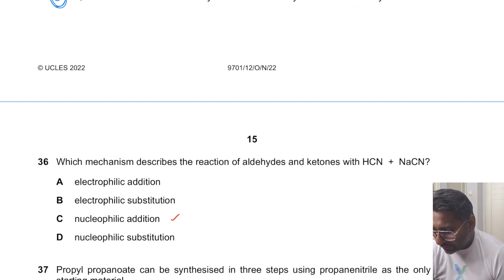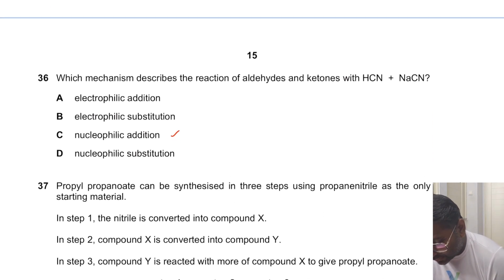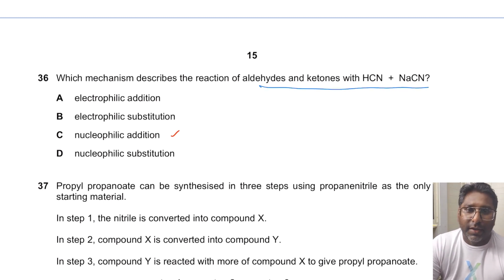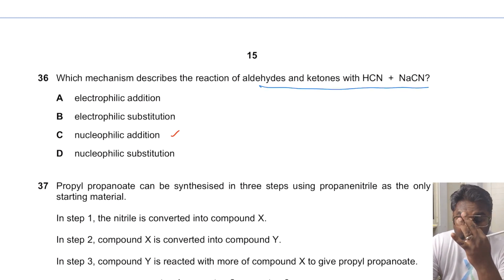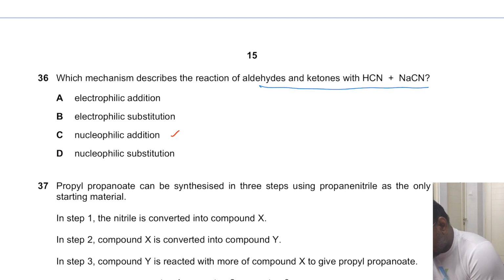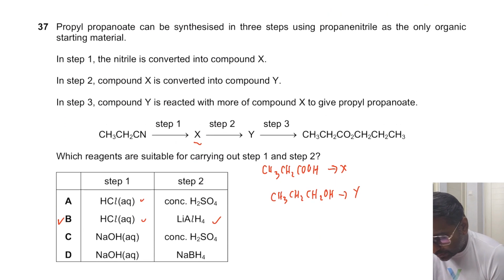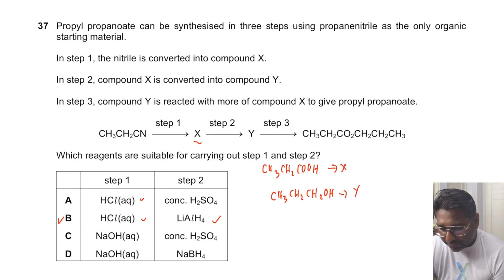Now for 36, which mechanism describes the reaction of aldehyde and ketone with HCN plus NaCN? This one is very easy. Carbonyl compounds undergo nucleophilic addition. So nucleophilic addition, C. Now propyl propanoate can be synthesized in 3 steps using propylnitrile as the only organic starting